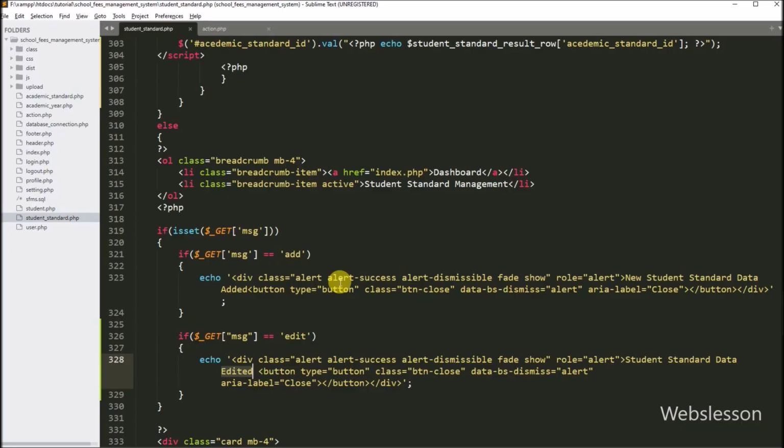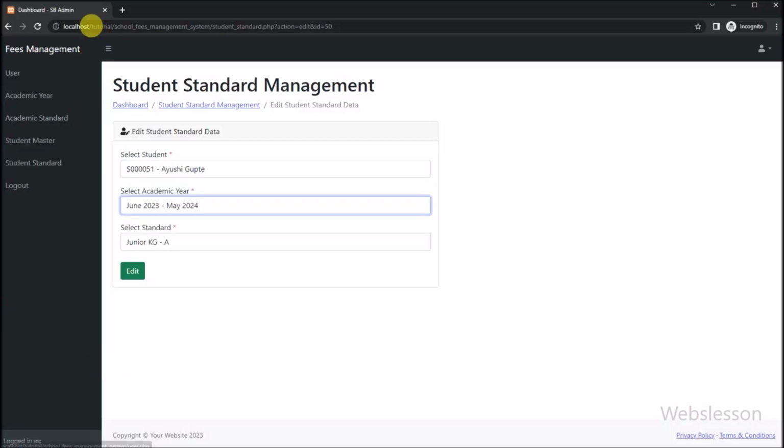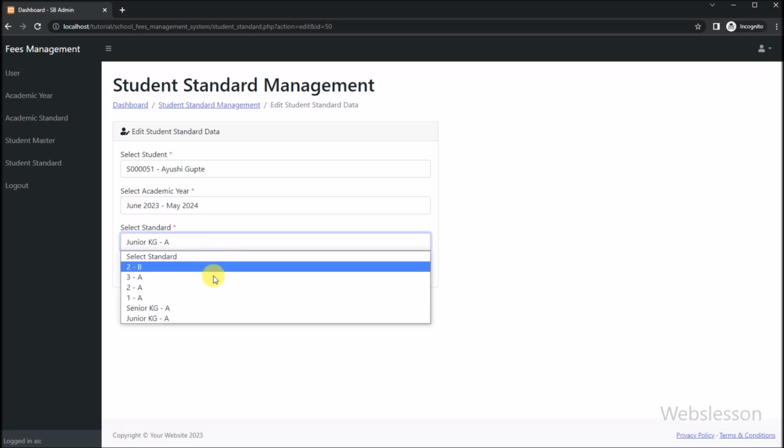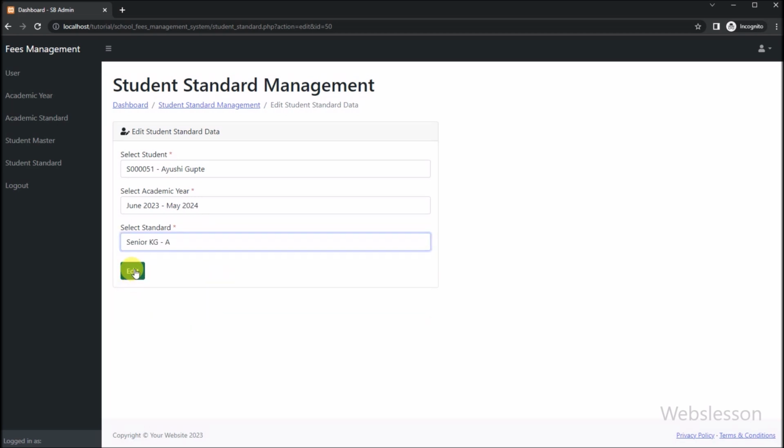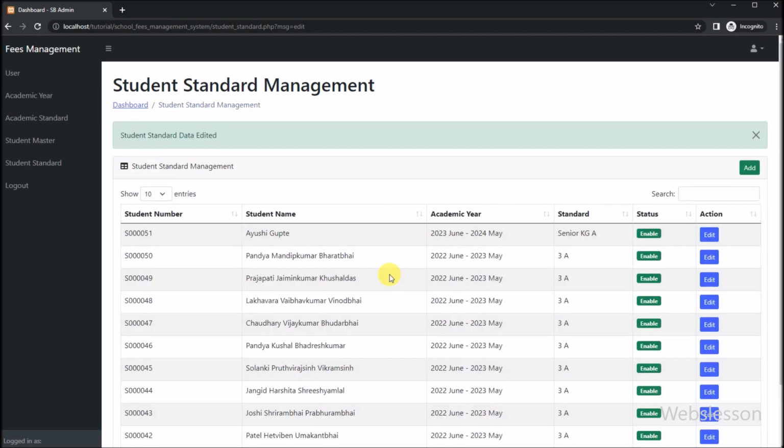Now we have to check output in the browser. Friends, first we have to refresh this web page, and after refresh of this page, here we can see that edit student standard form has been loaded in the browser with filled form data and edit submit button. Now we have to change academic standard ID details, and after this, we have to click on edit button. So after click on edit button, here we can see that student standard data edited success message has been displayed on the web page. So here in this part, we have learned how to edit or change student standard data